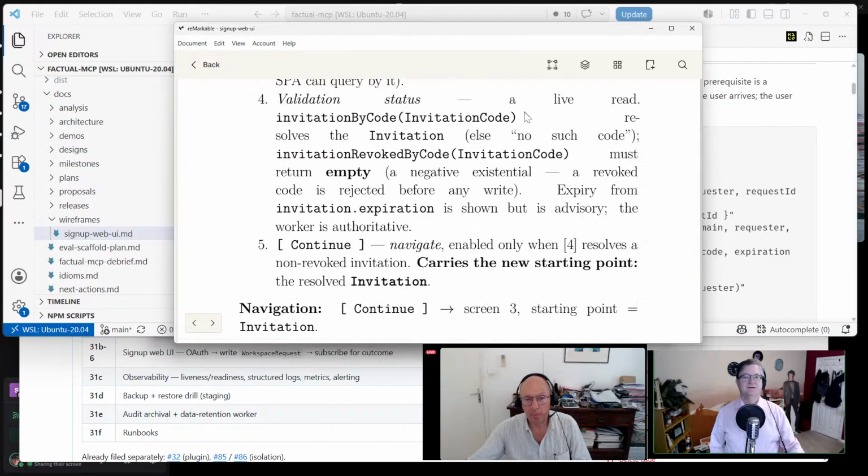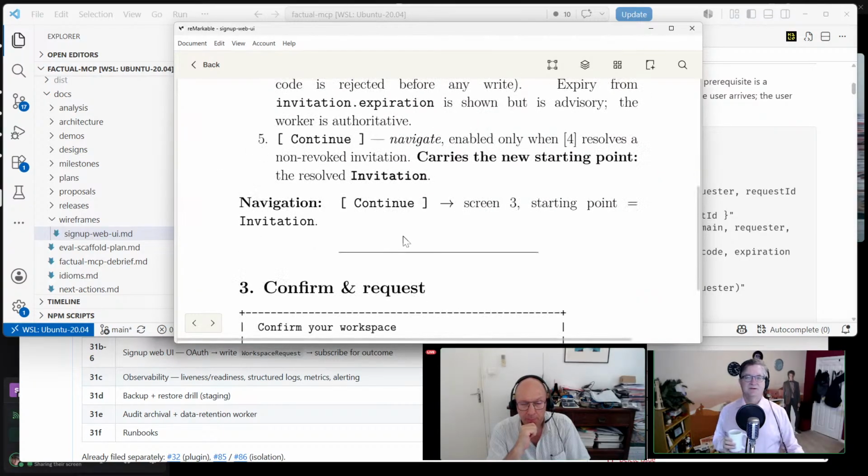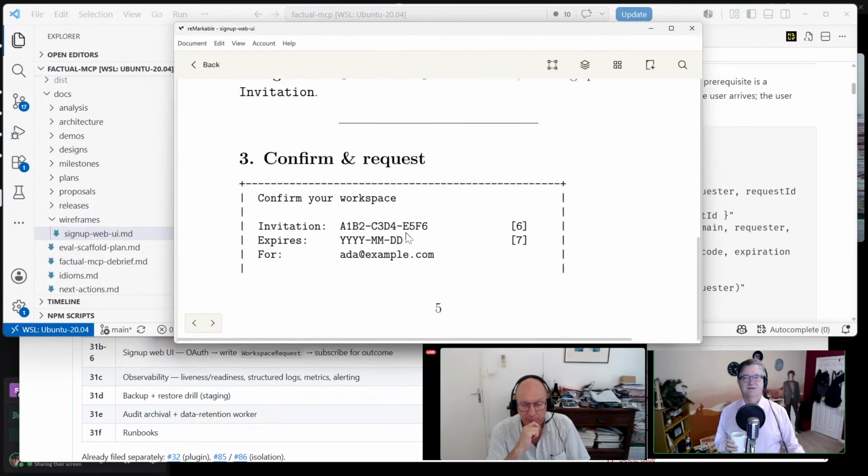Validation status. So run a specification and see if that code exists, and that way you can give them immediate feedback on the user interface. And then continue is just navigate. Don't create any new facts. Then you navigate here. It's like, this is what you entered,